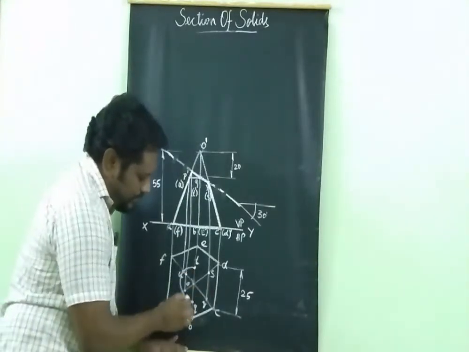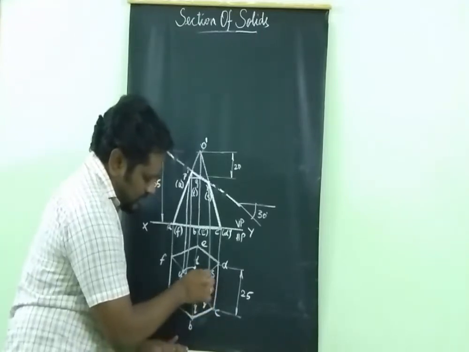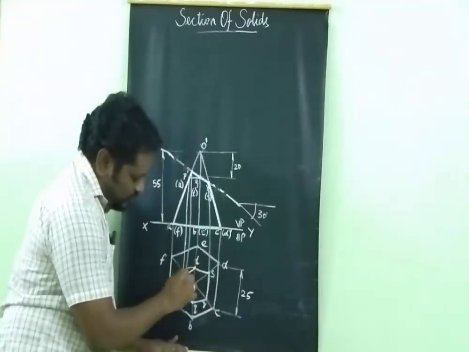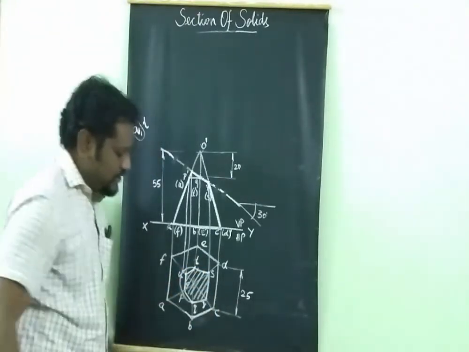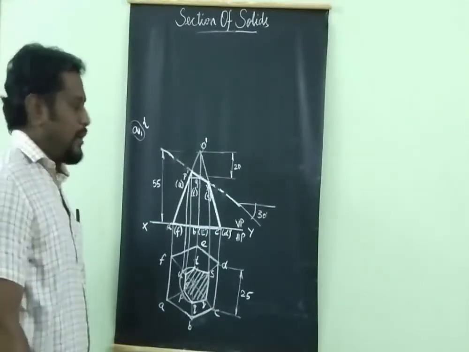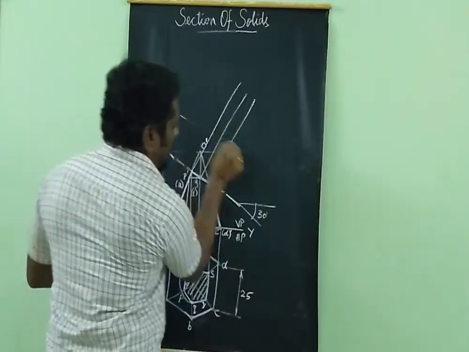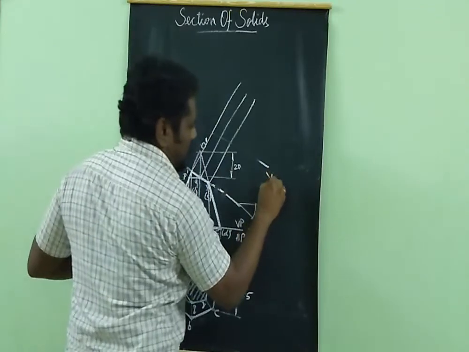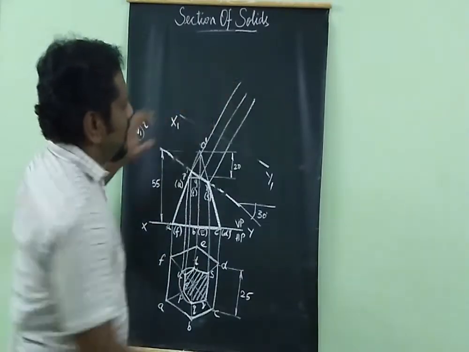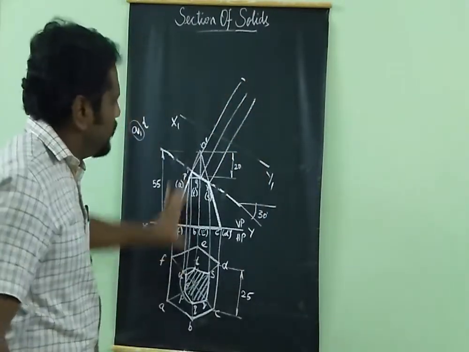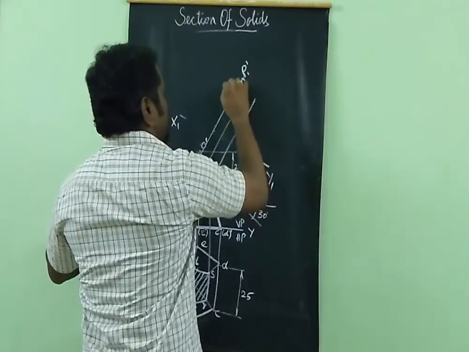Now connect point PQ. So this is my point PQ. QR, RS, ST, TU. Okay, this is your final top view, top sectional view, right? Then next thing what you have to do, you have to draw perpendicular lines from all cutting points and then draw a parallel line, make it x1, y1, right? So measure the point P from here, you will get the point P here, and measure the point U, you will get point U here. So this is P1 dash, this is point U1 dash.